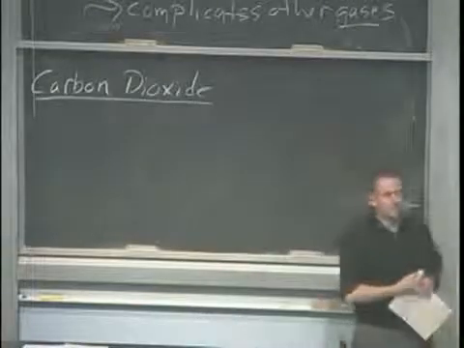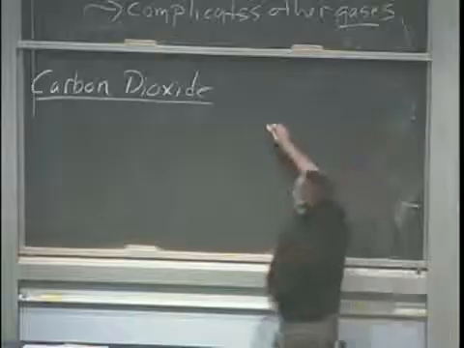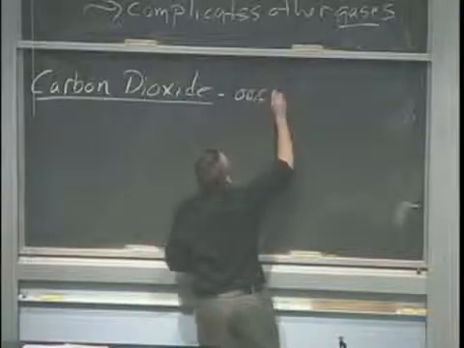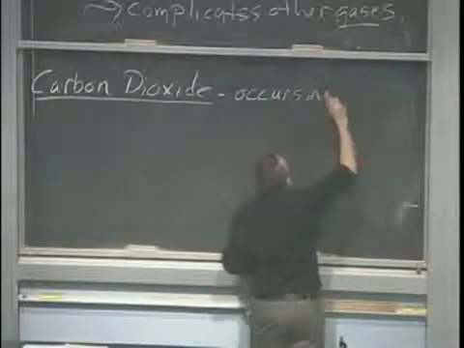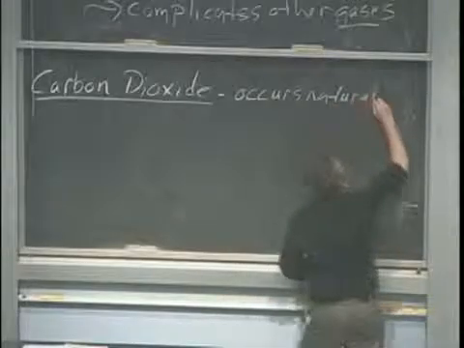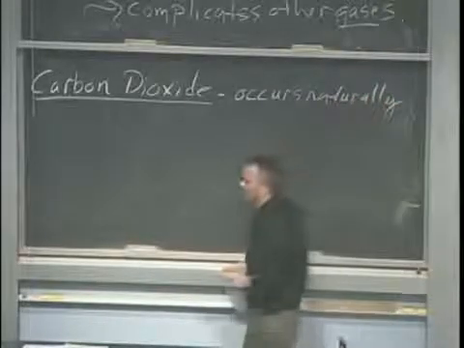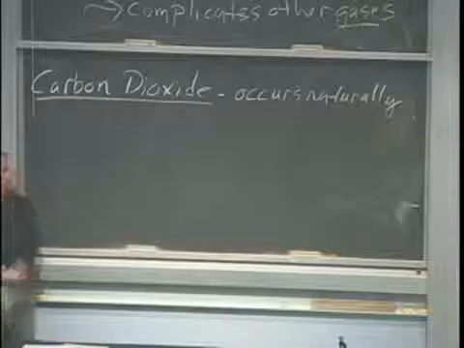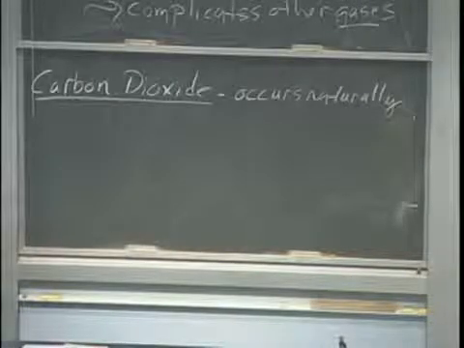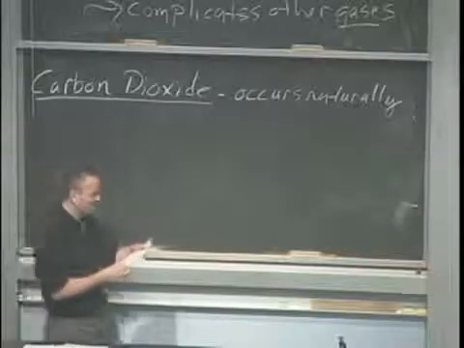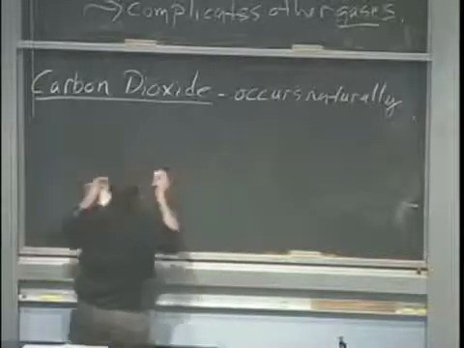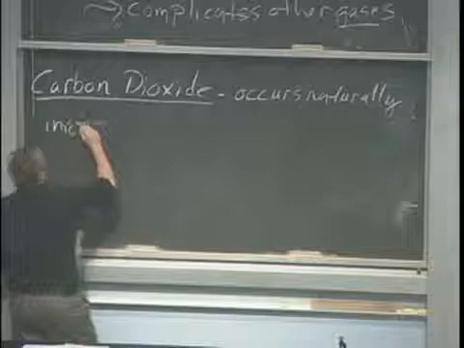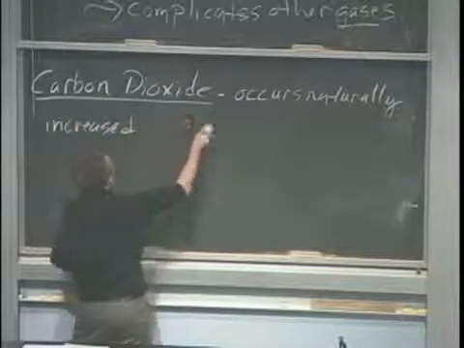It does occur naturally, and it has played a large part in warming the Earth's atmosphere and its surface up to the normal temperatures we see today. But it has increased quite dramatically from